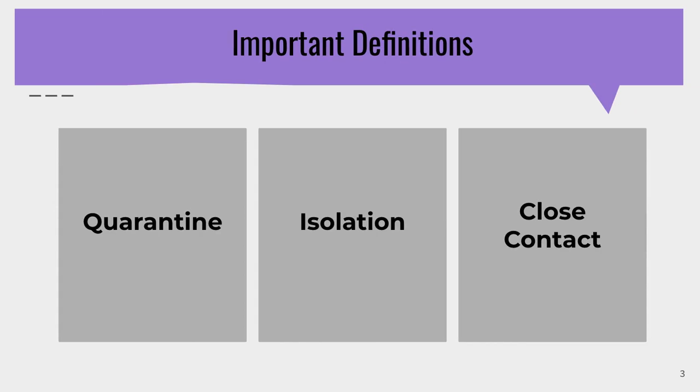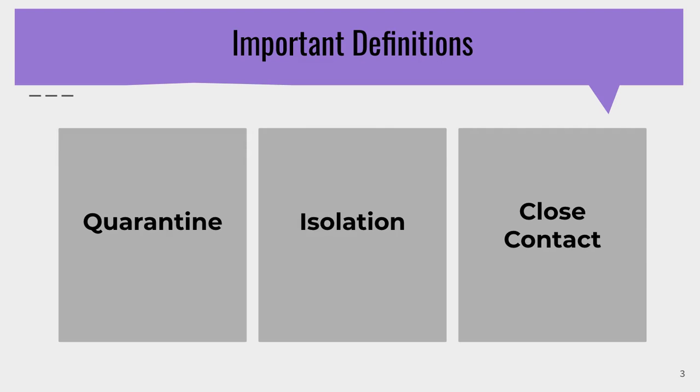First, it's important to talk about some words that have been used throughout this pandemic. We'll start with quarantine. Quarantine is the separation of a person who has been exposed to an infectious disease from others, even though that person doesn't have any signs or symptoms of the disease. The time from when a person is exposed to the virus that causes COVID-19 to the time when symptoms first appear can be up to 14 days. So a person who has been exposed to someone with COVID-19 needs to stay in quarantine for 14 days to be sure no symptoms develop, even if they have a negative test for COVID-19.